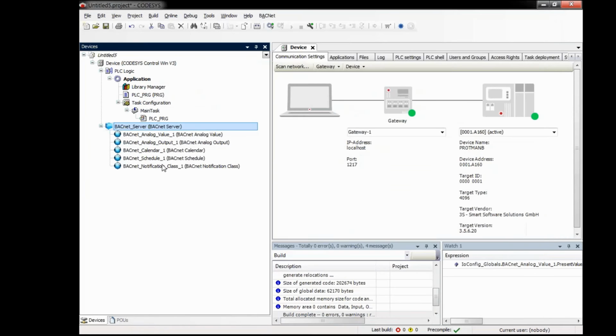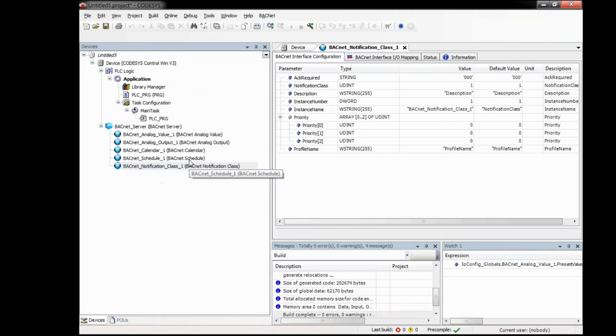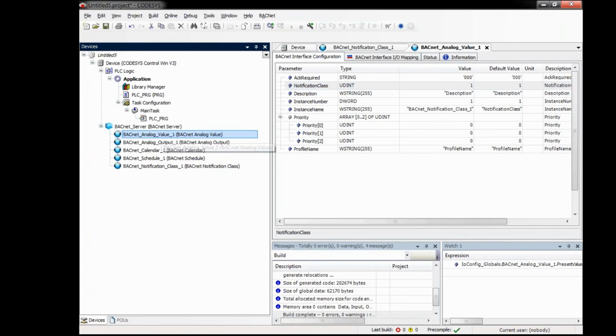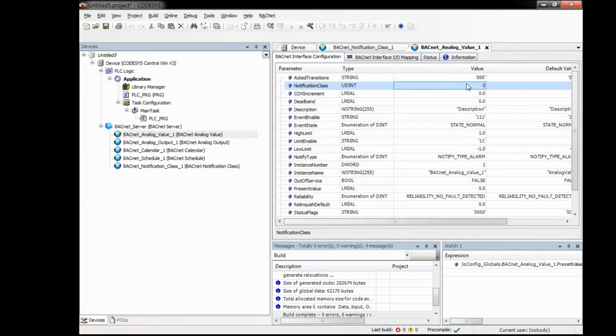Okay. So when we look at the configuration of the BACnet notification class, you see different values. What is important for us now is the notification class itself with the value 1. And we now want to use alarming on another BACnet object. We just have to set this notification class we defined here. So we go to the analog value, for instance, and set here a notification class value of 1.